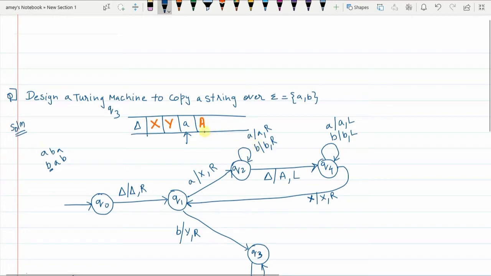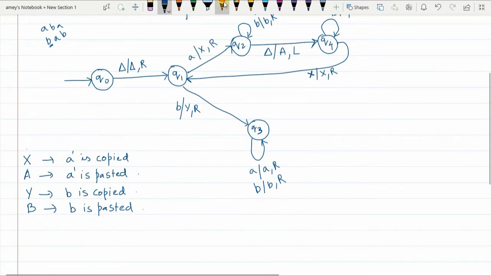Why? Because that capital A and capital B would suggest that these are the small a's and small b's which were pasted in previous iterations. So in the first iteration, while going to the right and skipping everything, you will only find small a's and small b's. But in the second, third, fourth iteration, along with small a's and small b's, you will also find, see here, there is a capital A now. Similarly, you may also find capital B, provided the first element was not A but B. Then you would have got Y here and B here, right? So I will now add that extra thing.